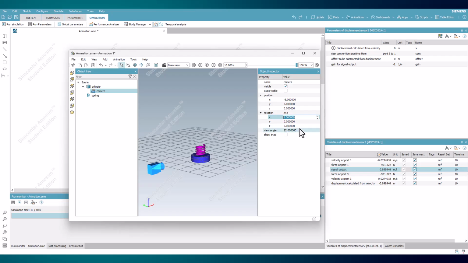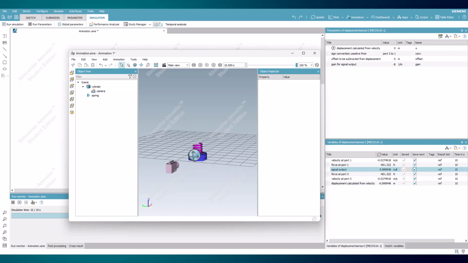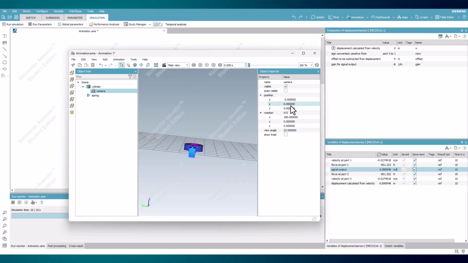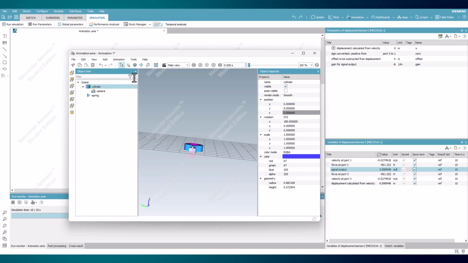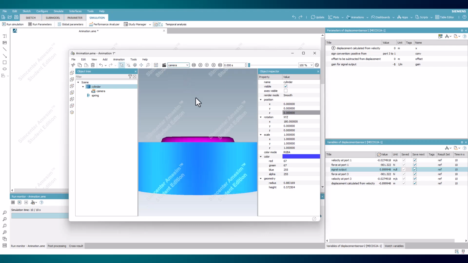Rotating the camera 180 degrees from the x-axis will solve this. Other options to move the camera closer to, further away, above, or below it are available too. Before playing the simulation again, open the drop-down to the left of the play options, where main view is displayed, and press camera. The scene will snap to show what the camera is seeing, and after pressing play, the model follows the cylinder throughout the motion.